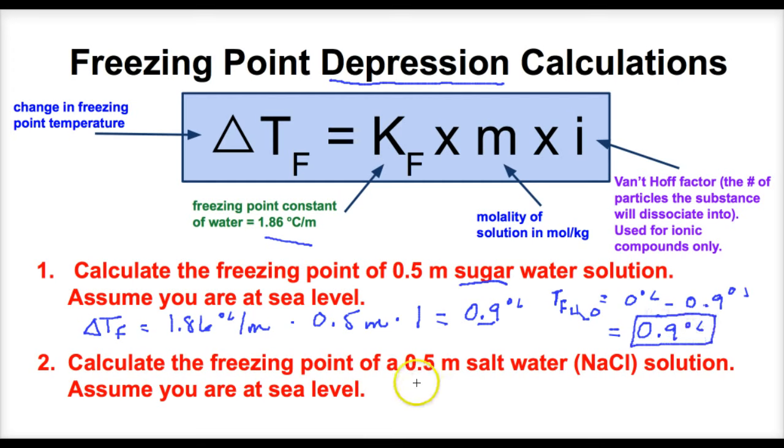Let's take a look at this example. We have the same molality, however now we're dealing with salt water. So which is going to lower the freezing point more? A sugar water solution or a salt water solution? Well, you can imagine, because the Van 't Hoff factor here is 1 and you know it's going to be 2 here, that salt will in fact decrease the freezing point. So let's take a look here. In order to figure this out,